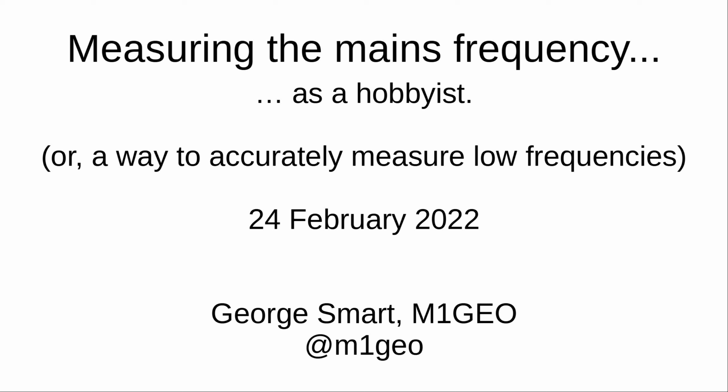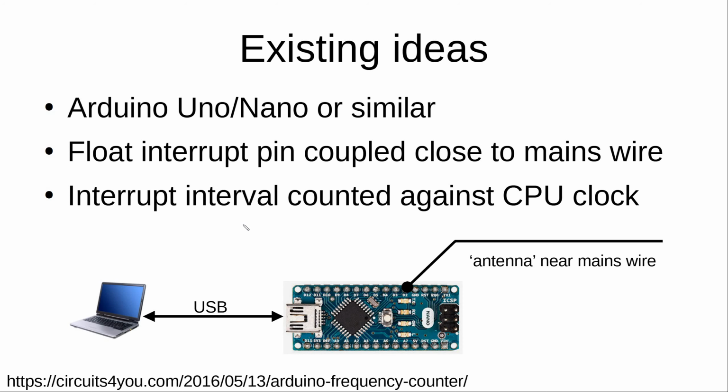Let's first look at the current way this is done, or one of the ways it's done as a hobbyist, and that's by using an Arduino, a Nano, or a Uno, or something similar, and using the interrupt pin, usually D2, which is interrupt 0 on the processor, and using that with a length of wire attached to that pin and just leaving it floating so that it picks up noise essentially. And if that wire is placed near a